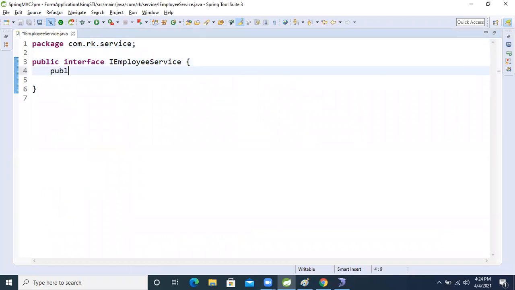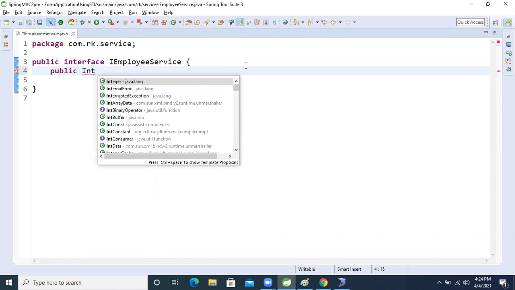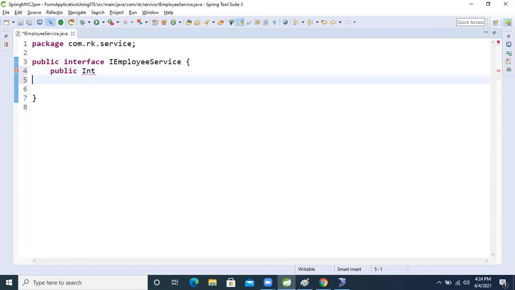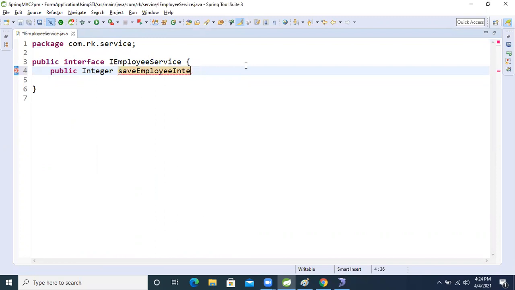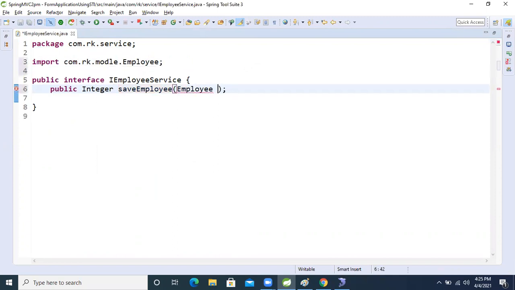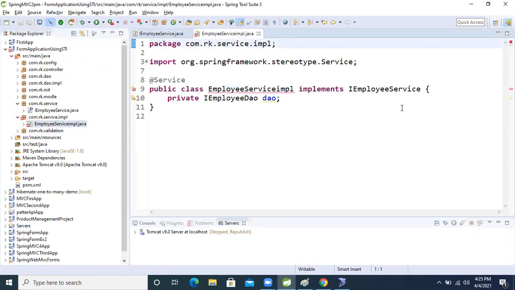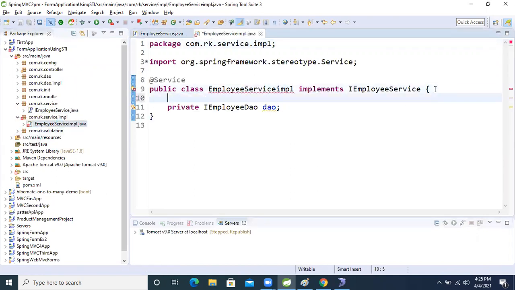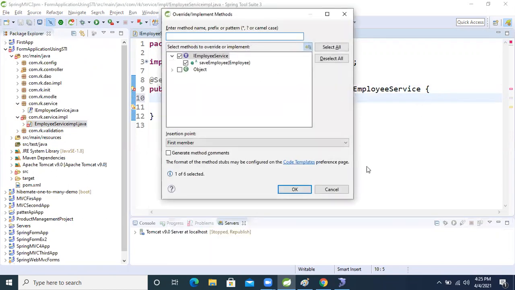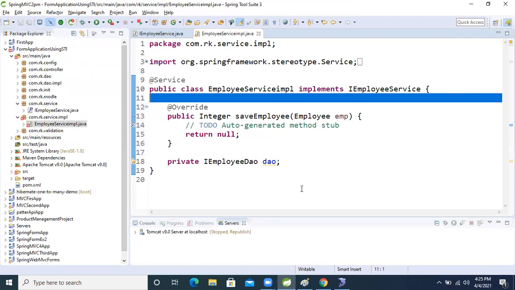Public Integer, the save operation only, save dot employee, saving the employee object emp. This is also an interface, so we go to its implementation class. There, Alt Shift S plus V, we will override the super class method, okay guys.